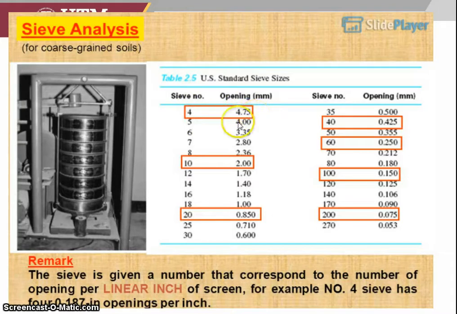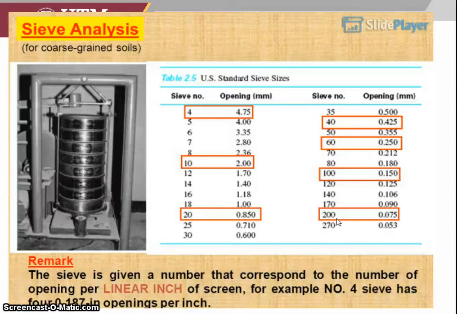For BS, it could be 2 millimeter. The popular sieve numbers are 4, 10, 20, 40, 60, 100, and also 200. Number 4 and number 200 are the barriers between the sand and the final material, the clay. So we usually want to check these two sieve sizes